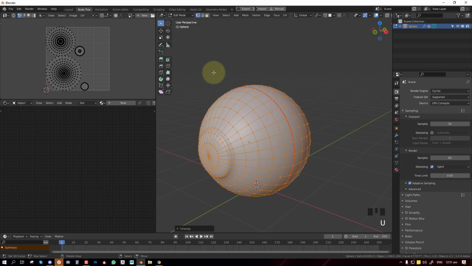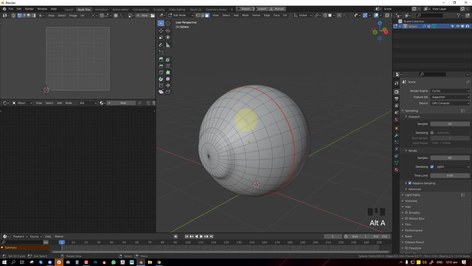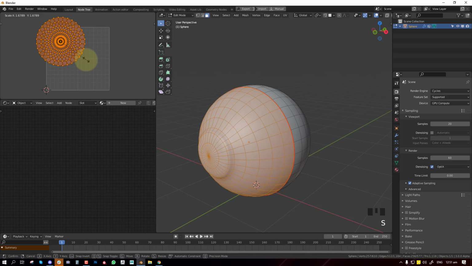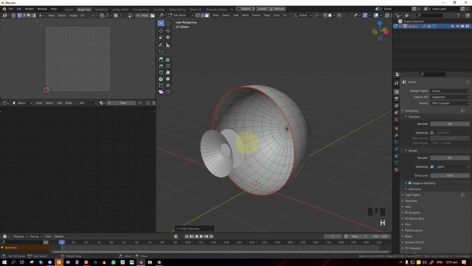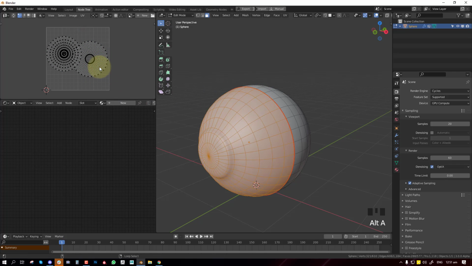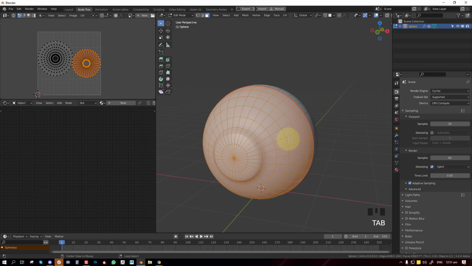So here in the UV editor, we'll just scale things up to favor certain parts of the eyes. So we want this to be relatively big, so we'll hide that. We also need this to be relatively big because these are going to contain the textures that we want. The iris will be here, the image of the iris will be here, so we'll just leave that.